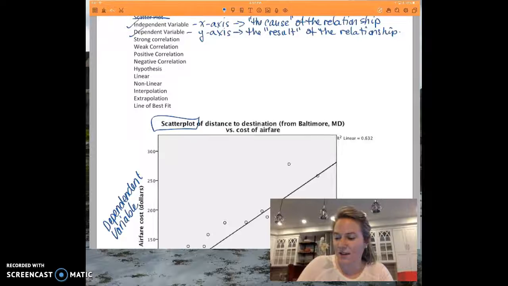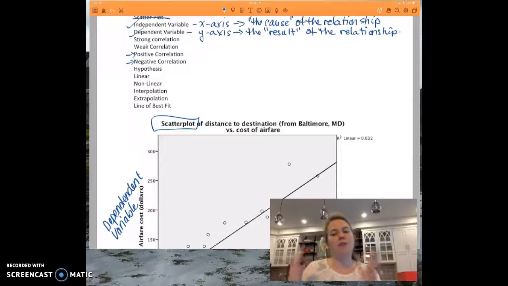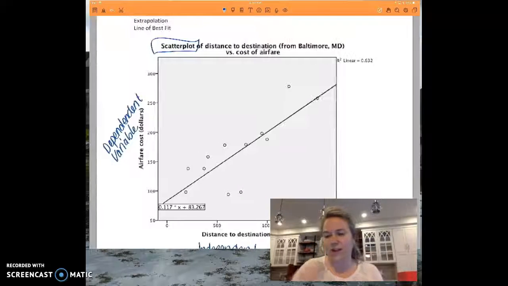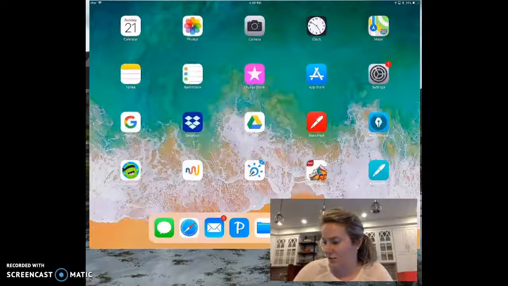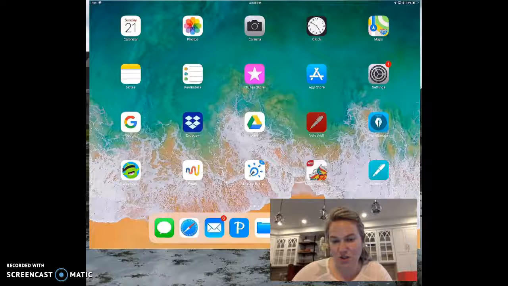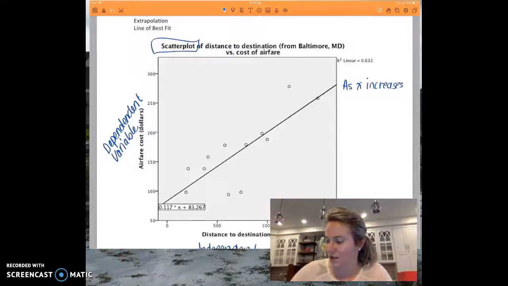Well, we're going to jump here. We're going to look at positive and negative. A correlation is this idea of a relationship, that they are moving somehow related to each other. We call that a correlation. So a positive correlation would mean that they're both increasing. So we look at as x increases, my apologies, that should be back in just a second. There we go. As x increases,